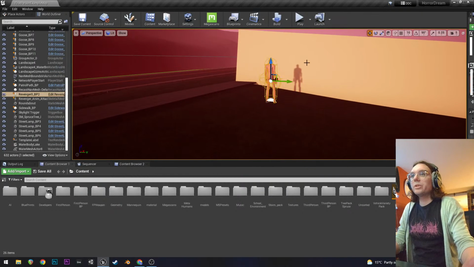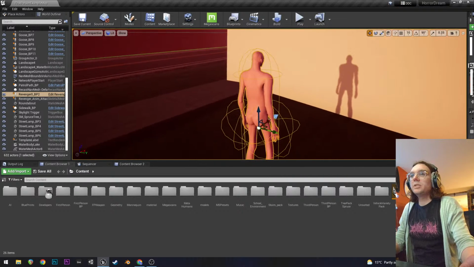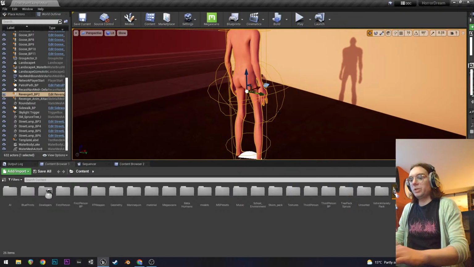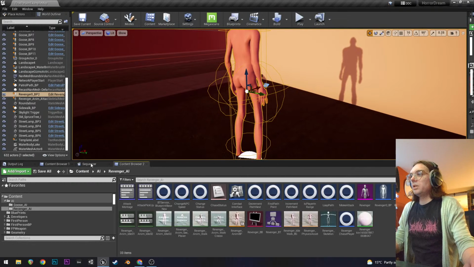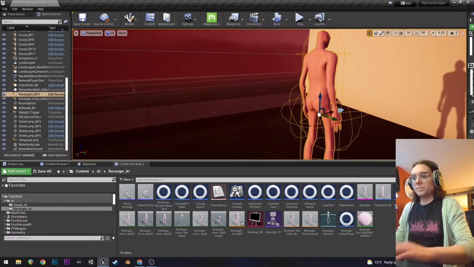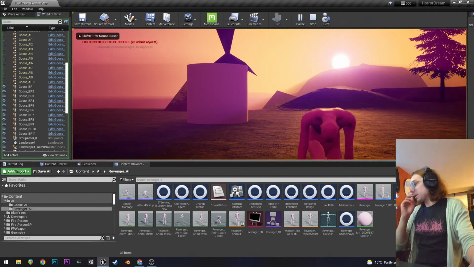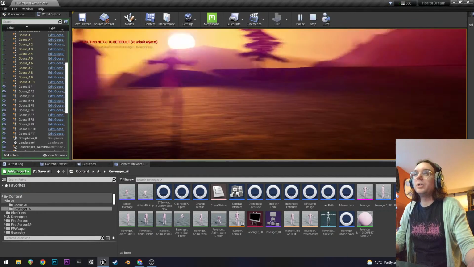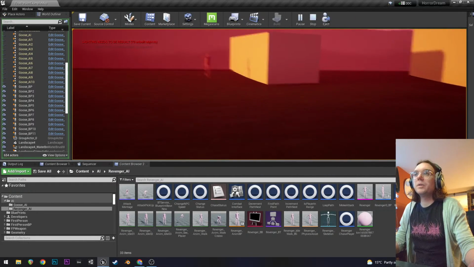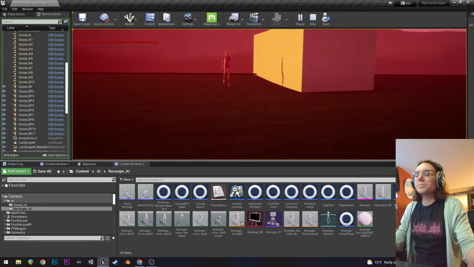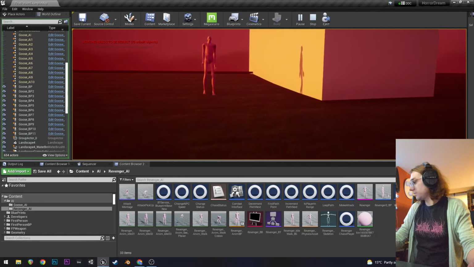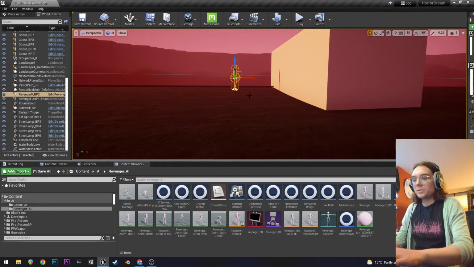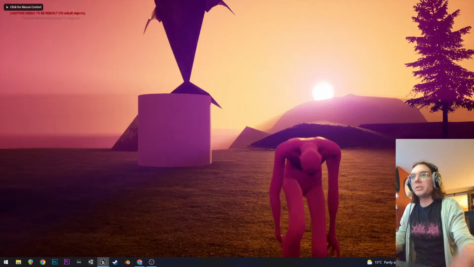So what I've been working on lately is just trying to get my head around the AI system in Unreal. I'll show you how it's going right now. So what we have is, oops, oh my god.